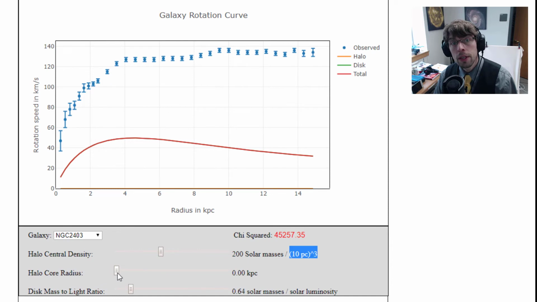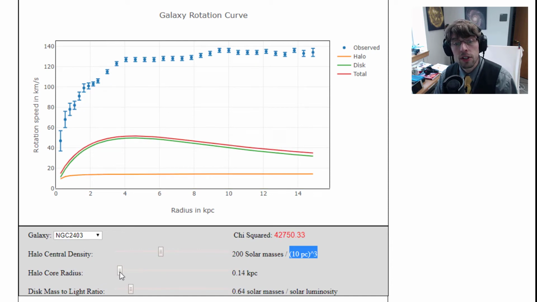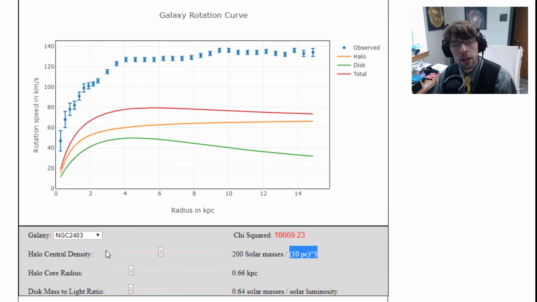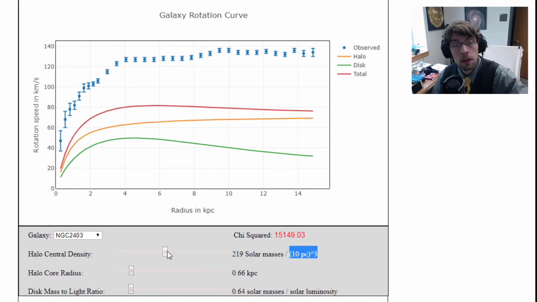Now, as we take that region and we extend it outwards, you notice the orange line is the gravitational effects due only to dark matter. The green line would be the gravitational effects due to luminous material. In other words, stars, gas, dust, things that we can actually see emitting light. And then the red is the total, the combined of both the green and the orange line. We'll see if we can